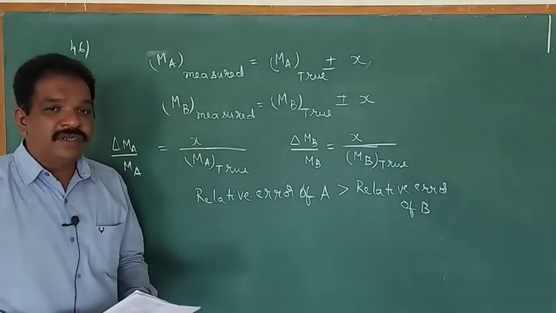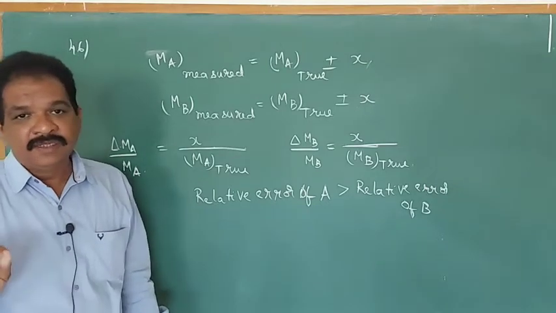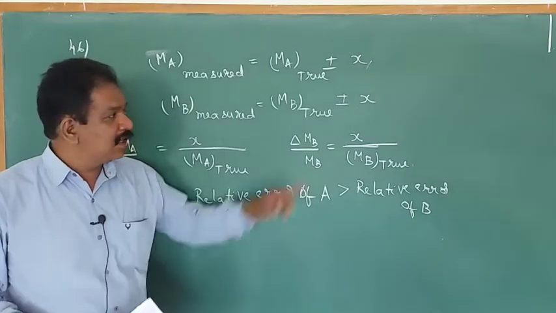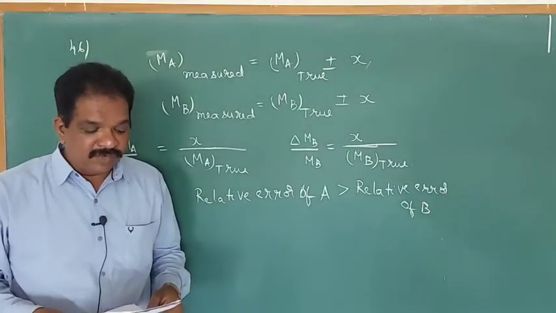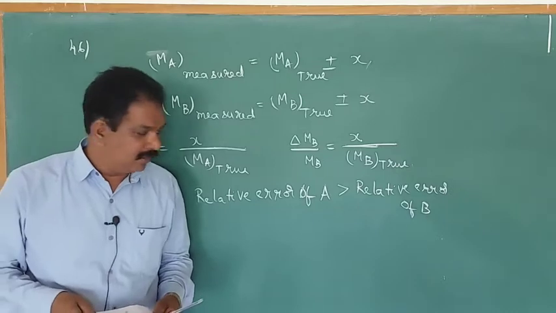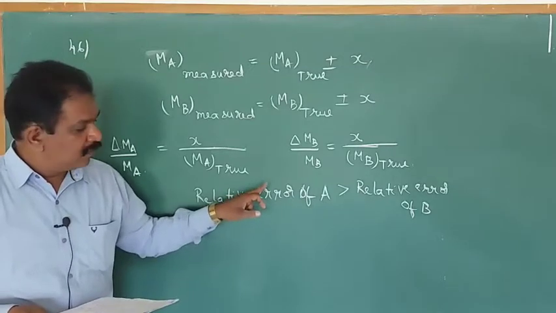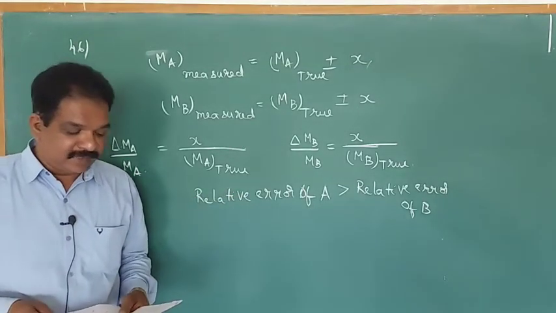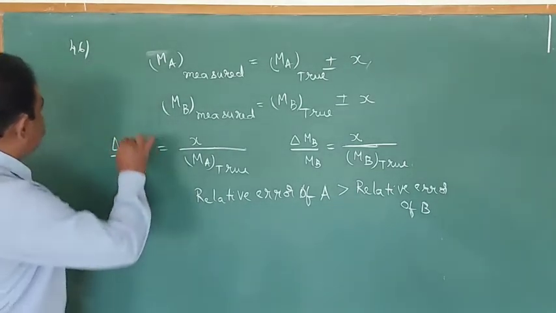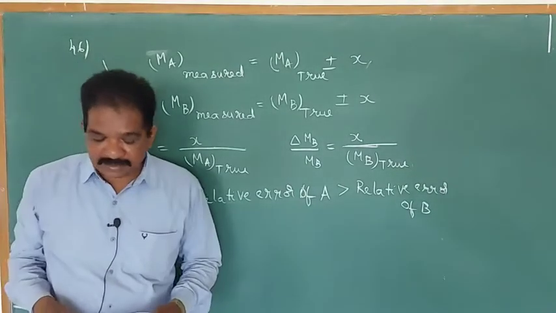So once again try to understand. We are measuring the readings with the same device. Error will depend on the device. So same device means same error will be there. So what we can say, absolute errors are same in both the measurements. Relative error of A will be greater than, and relative error of B will be lesser. So if you check the options, first option will be the correct answer for that. Okay? First option, it will be the correct answer.